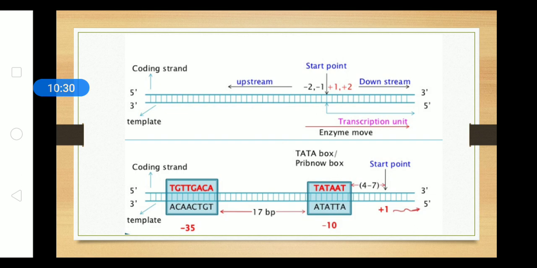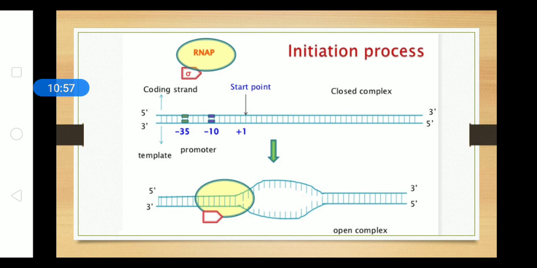Now from which site the DNA is to be transcribed is identified by the presence of these two sequences, known as the Tata box. Wherever these two sequences of the Tata box are present, the initiation will start from that point, that is +10 from the Tata box or +35 from the Tata box. You can see in this diagram how the activated RNA polymerase comes and binds with the strand of DNA where it is written as start point.